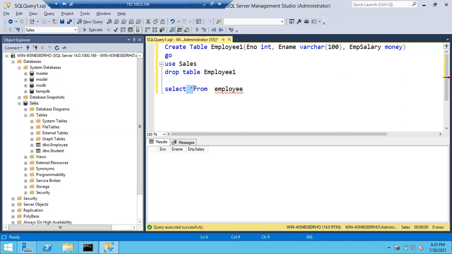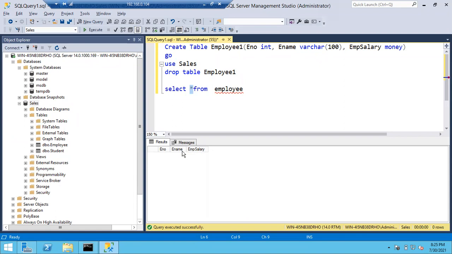Okay, that's fine. Yes, star means all the columns. You have to be very careful: not all the records, all the columns. Of course, if you cover all the columns, automatically all the records will come, right? So simply, select star from means all the columns I am going to read. In case the table has 3 columns, all the 3 columns will be displayed in the output. 300 columns, all the 300 columns will be displayed in the output.